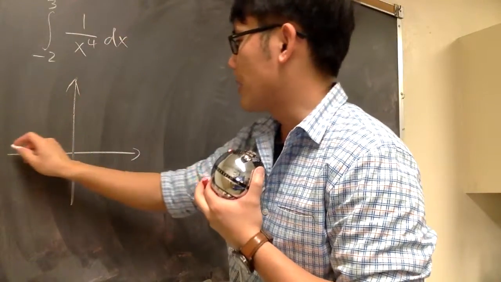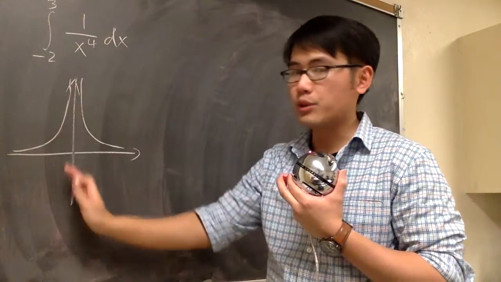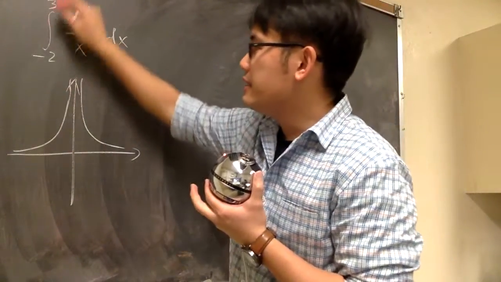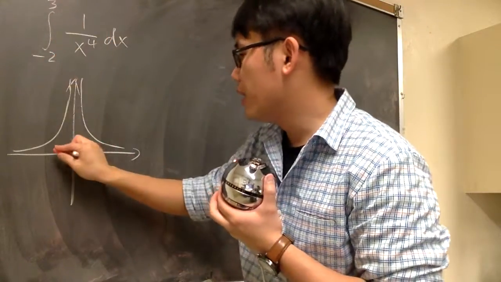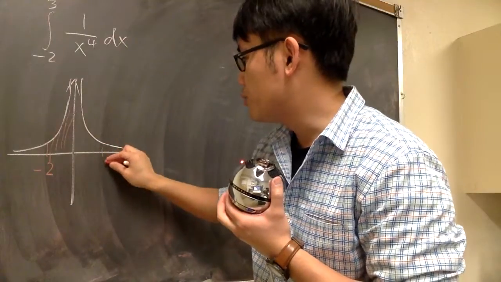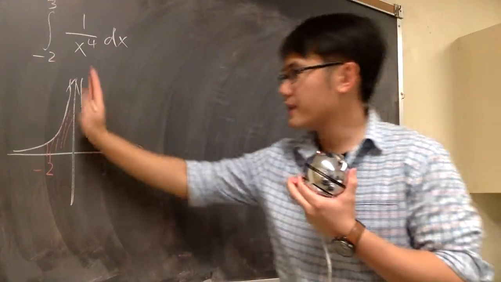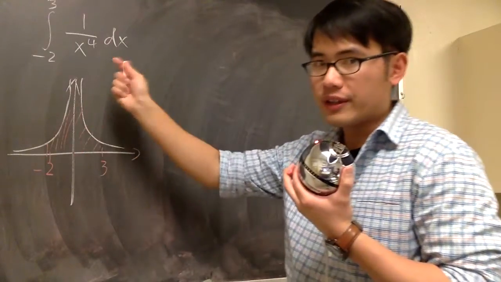1 over x to the 4th power looks like this, where you have a vertical asymptote at x is equal to 0. And then this integral goes from -2 to 3. So let me say -2 is right here. And then let's say 3 is right here. So as you can see, because we have the vertical asymptote right here, we have to break down this integral